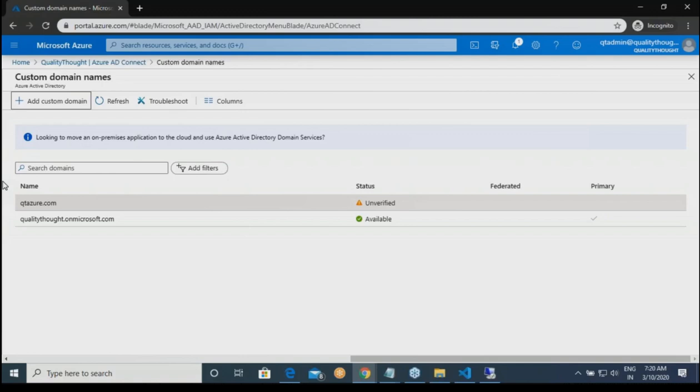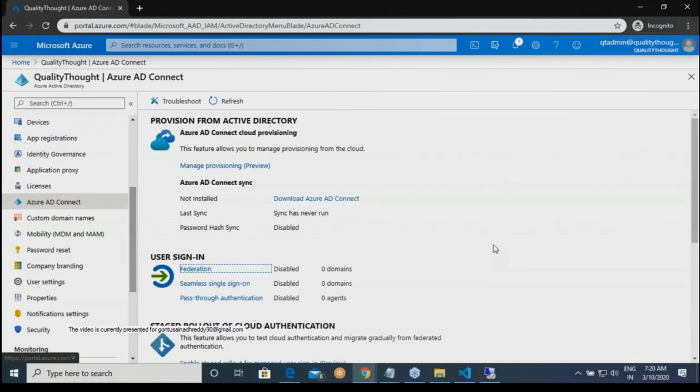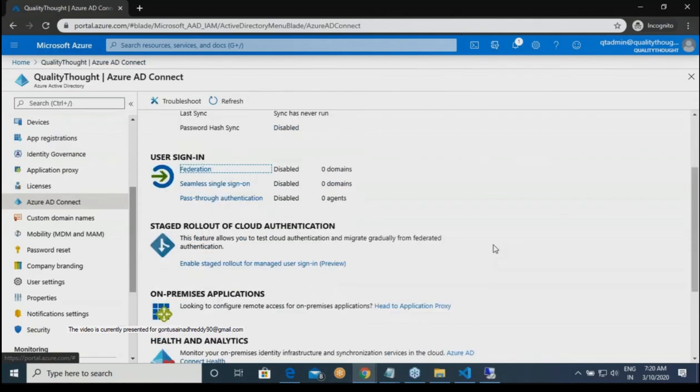So generally what admins do is, they do this activity in the night, they come in the morning and click on verify. Because by the time they come in, all the servers might have been synchronized and then you will be able to verify the settings. Clear on this? Right? Okay.